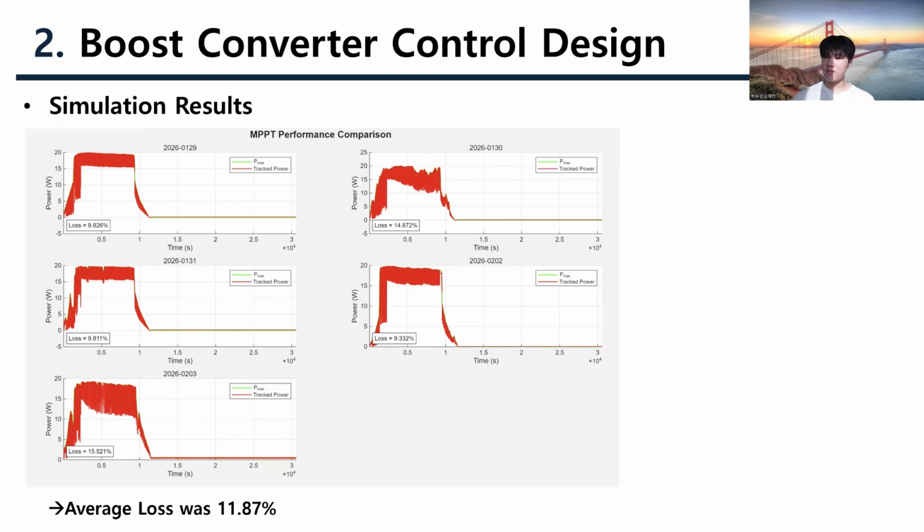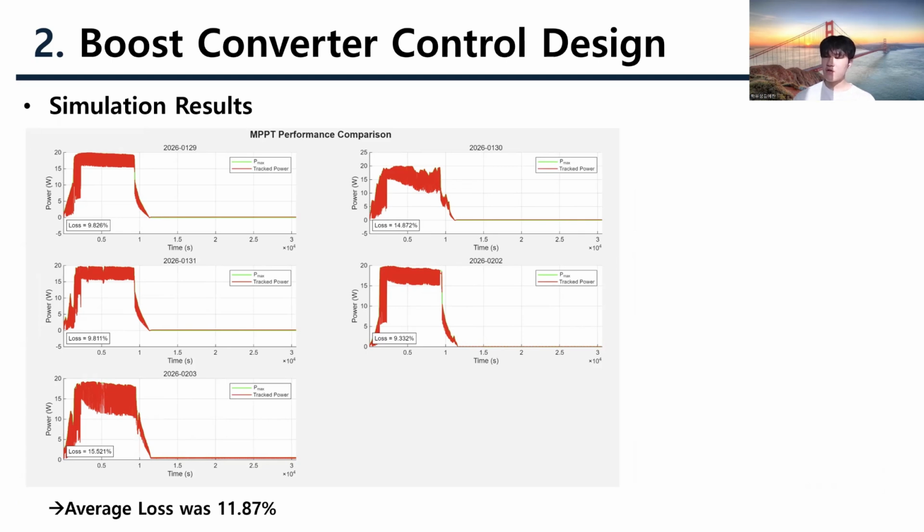As seen in the plot, the tracked power, shown in red, follows the maximum available power, in green, reasonably well during steady state operation. However, noticeable gaps are visible during the morning ramp up phase, and especially on days with higher irradiance variability, such as January 30